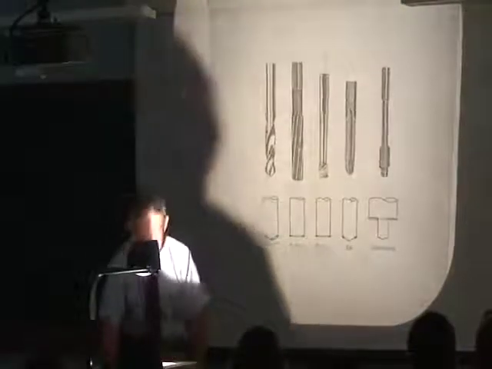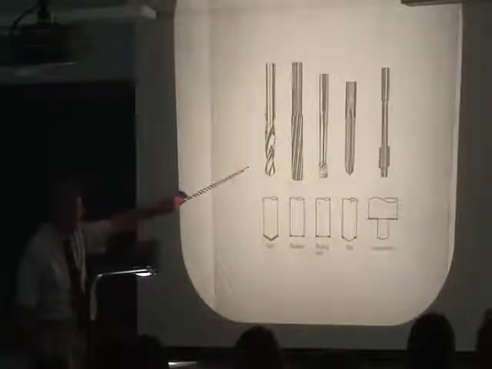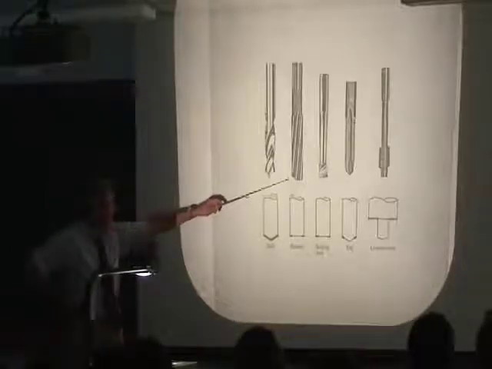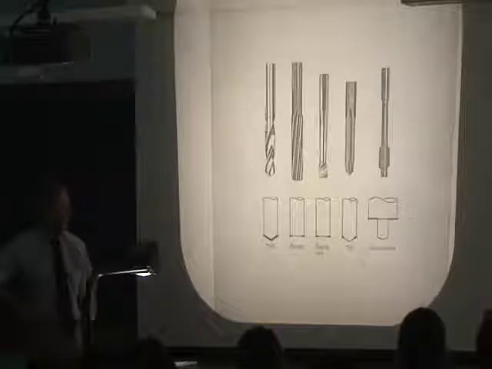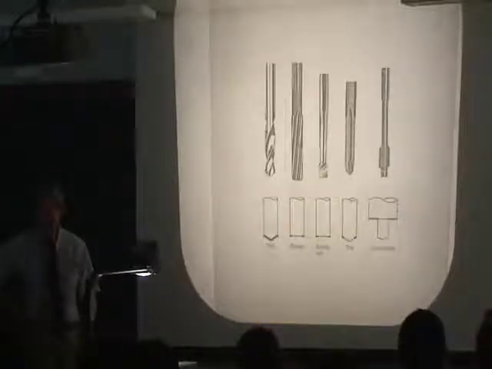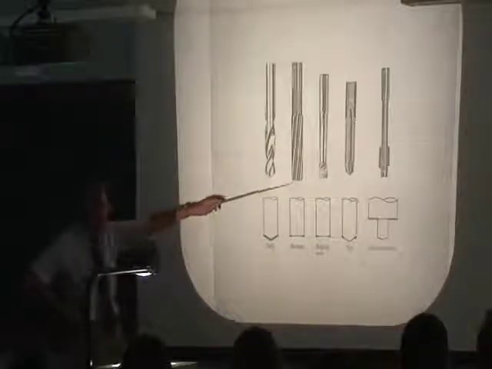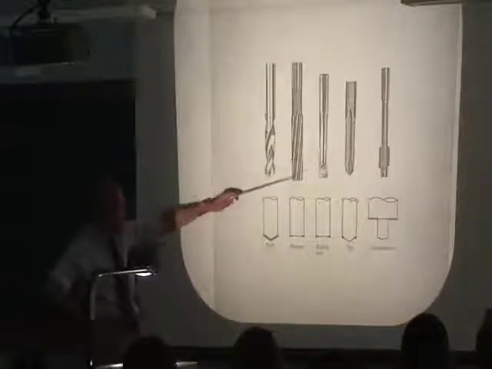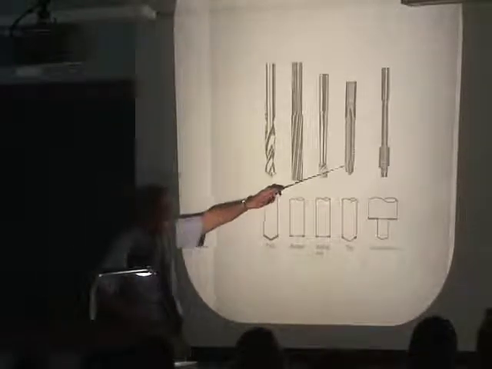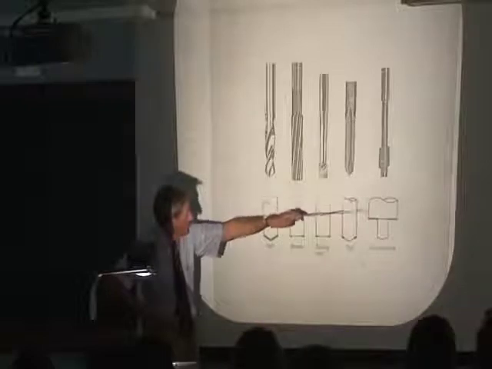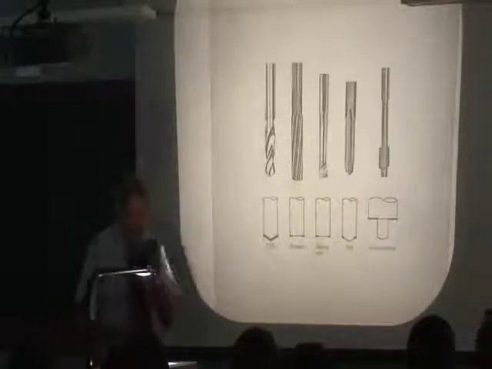And here are some of the tools you use to make holes. Twist drill, everybody knows about. Reamer makes precise holes. Twist drills make lousy holes. They're not very round and they're not very straight. If you want a nice round straight hole, you either make it after you've twist drilled it, or you have to bore it with a boring bar. Then you have the specialized holes, taps, and this is a counter bore which makes shoulders on things. Well, those only make round holes.